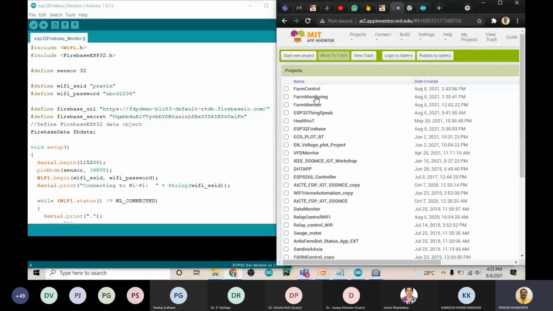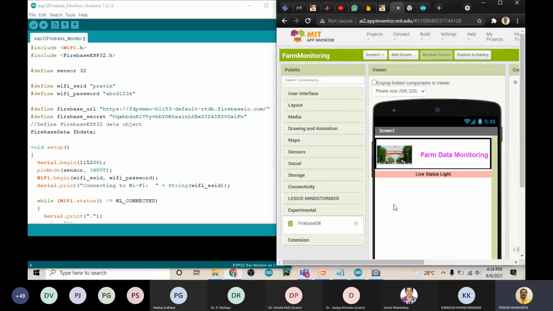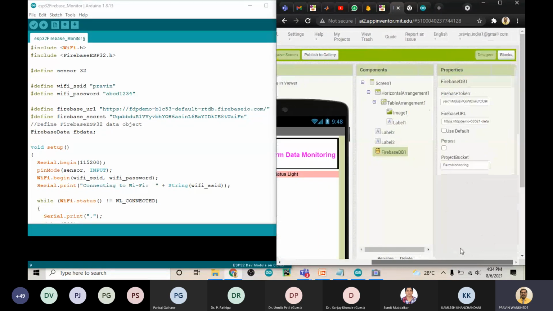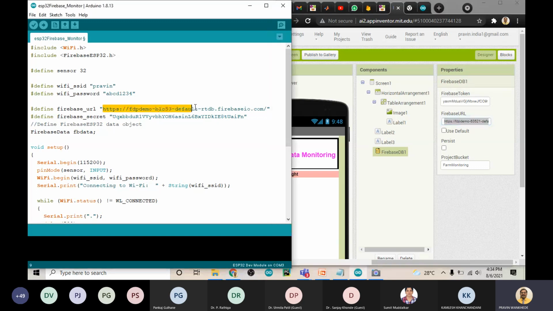Click on monitoring app, and whichever URL and secret key is there should be the same in your ESP32 code. Now you can see here, this is the link we have, the Firebase URL. This same one should be here. So this and this should match.